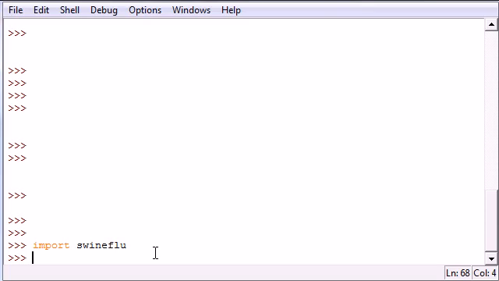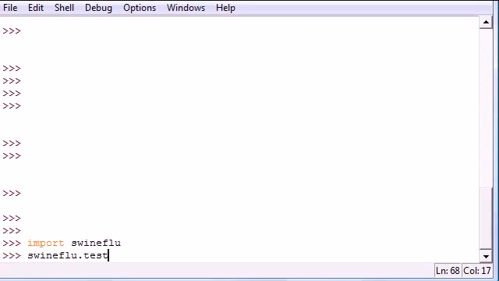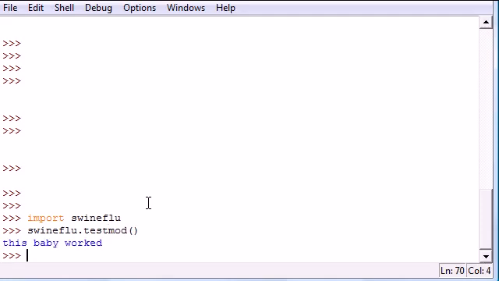Now let's go ahead and see if it worked. Once you want to call a module, you need an object to call, and the object is actually the name of whatever the file you imported. So instead of having to create an object and set it equal to your modules, all you have to do is write the name of the file, which was swineflu, and then write whatever module you want to call. So mine was named, what was mine named? Actually, testmod. So you put swineflu.testmod, I almost forgot it already, and go ahead and press